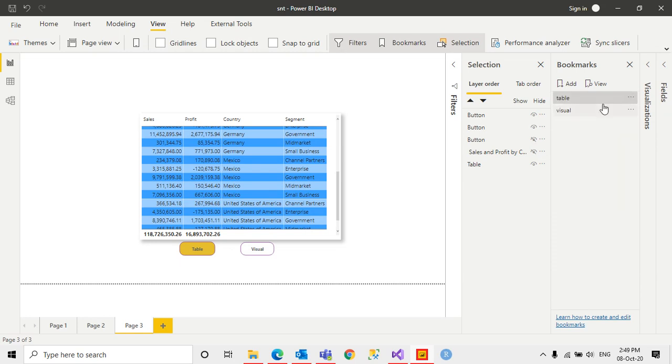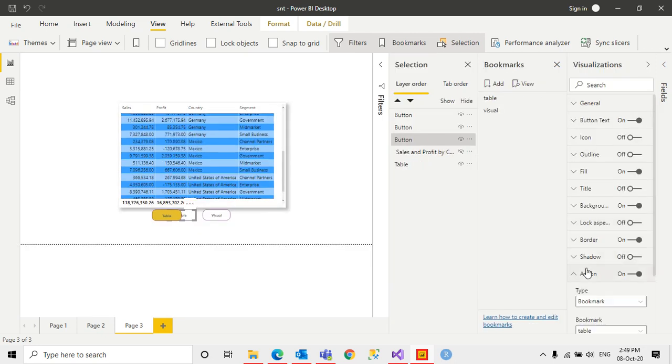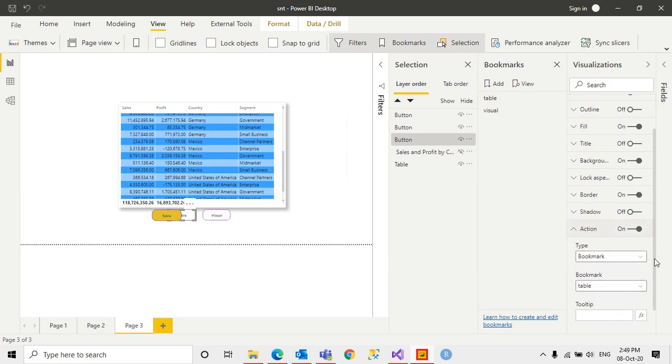After this, let me unhide this, go here and select the bookmark. Go to the visualizations, go to the actions, and go to the bookmark.